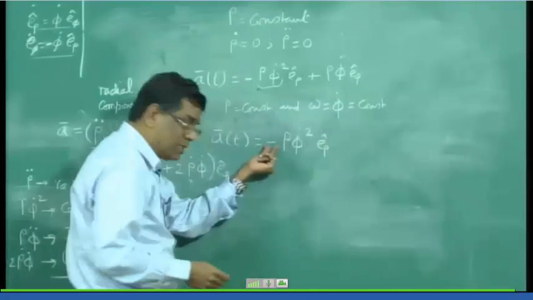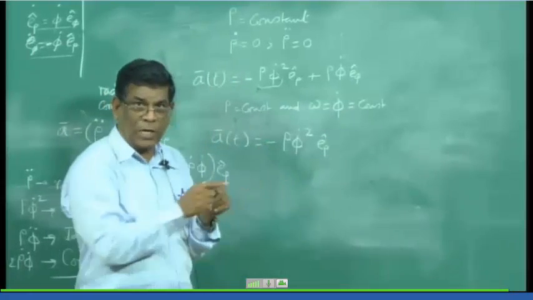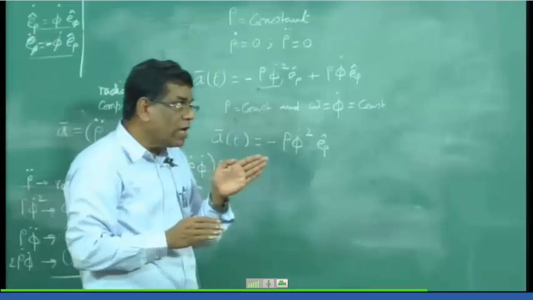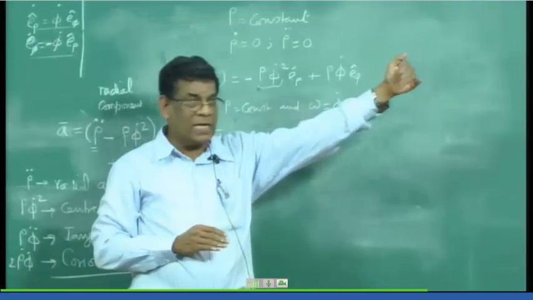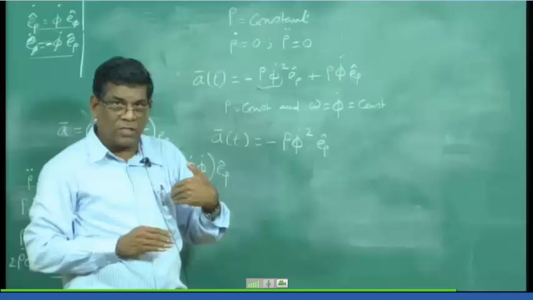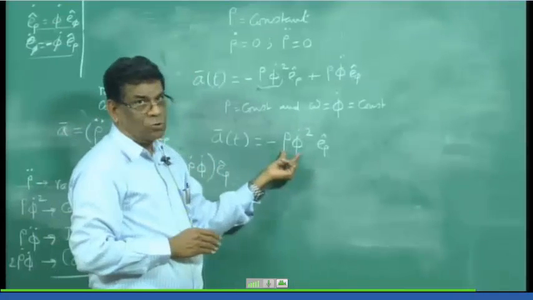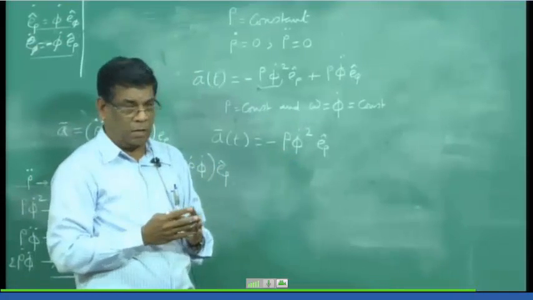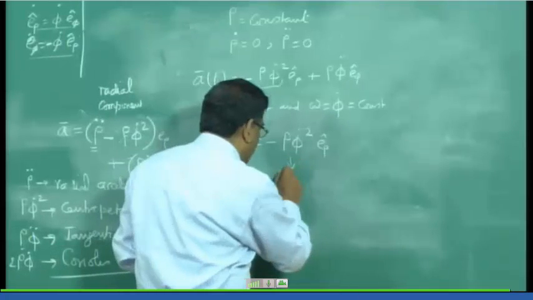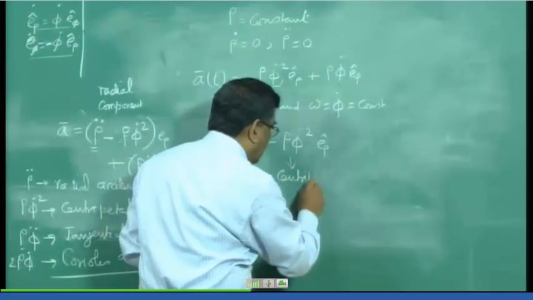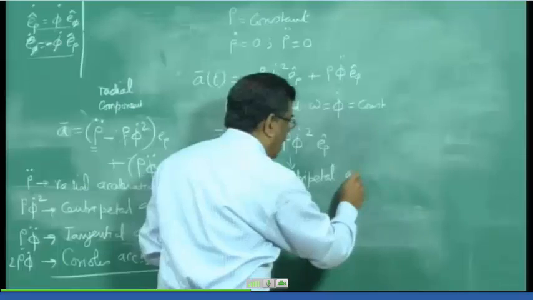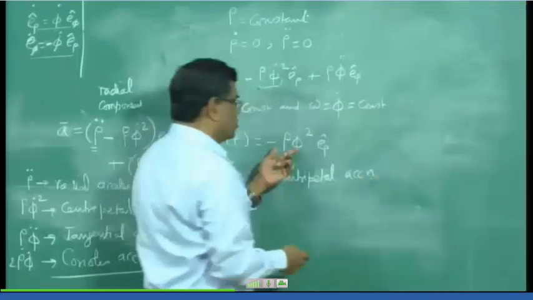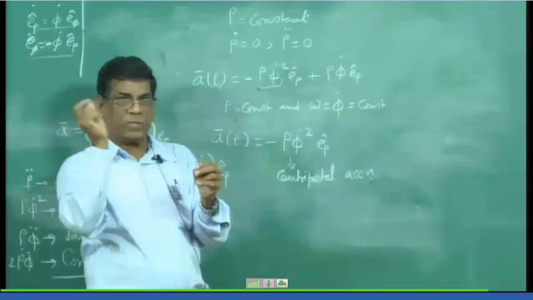Minus means what? Opposite of E rho. E rho is going away from the origin, so minus means it is coming towards the origin, and rho phi dot square is nothing but omega square r. So this is the centripetal acceleration,